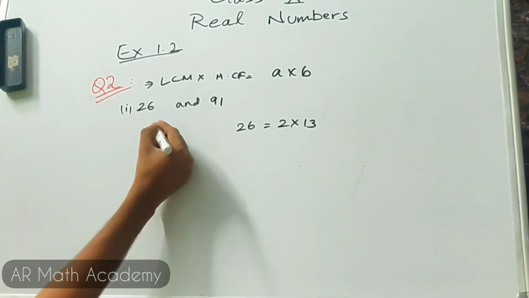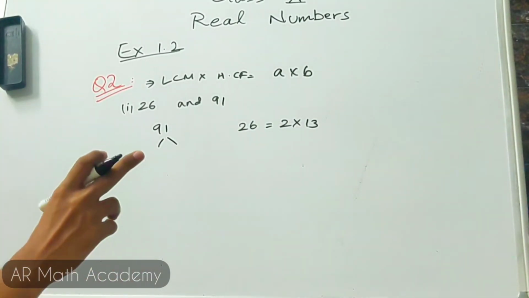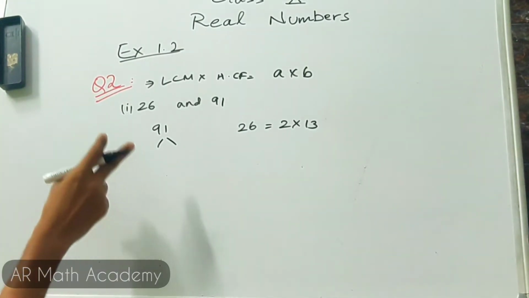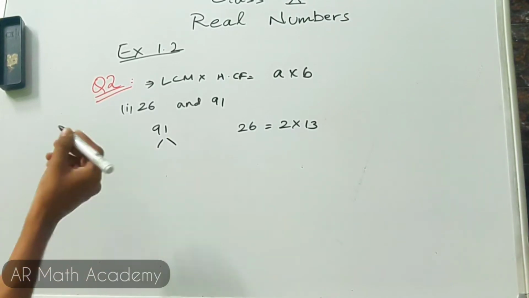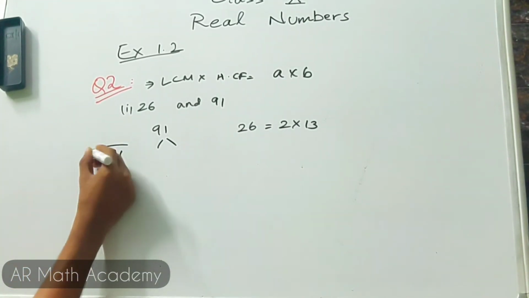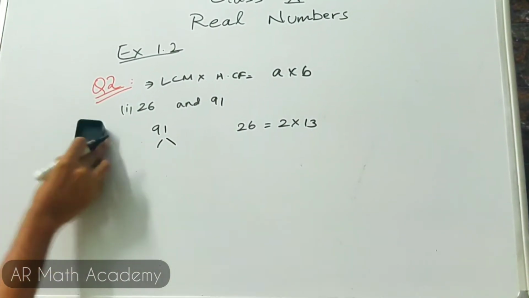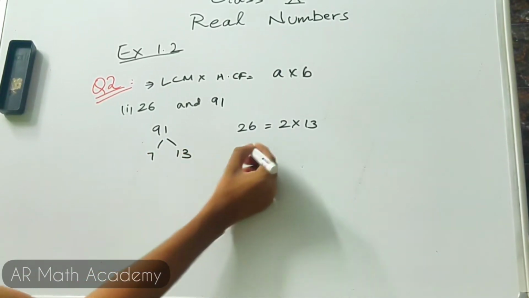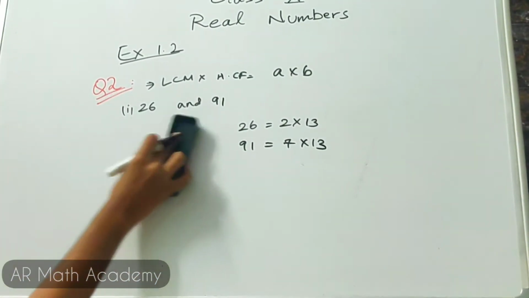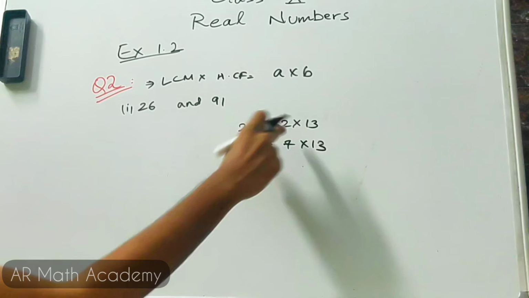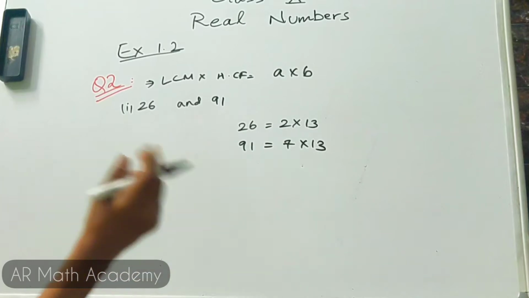Now, choose 91. So, 91 should be split. Well, check all the prime factors. It doesn't go by 2, 3, 5, and 7 also, I guess it doesn't go by 7, right? Yeah, it goes by 7. So 91 divided by 7, 7 ones are 7, 21, and 7 threes are 21. Well, it goes by 7, 7 13s are 91. So 7 over here and a 13 over here. So 91 equals 7 times 13. This is what we did in the previous problem. We have split the given number as a product of its prime factors. See, 2 and 13 are prime factors, and 7 and 13 are prime factors as well.